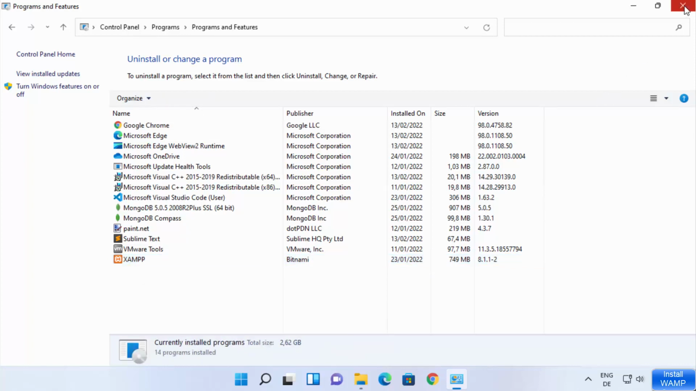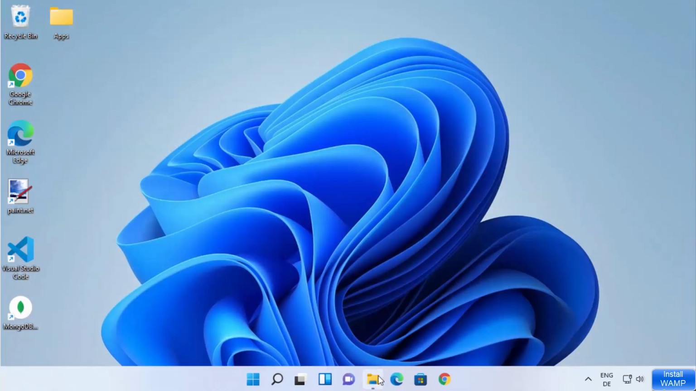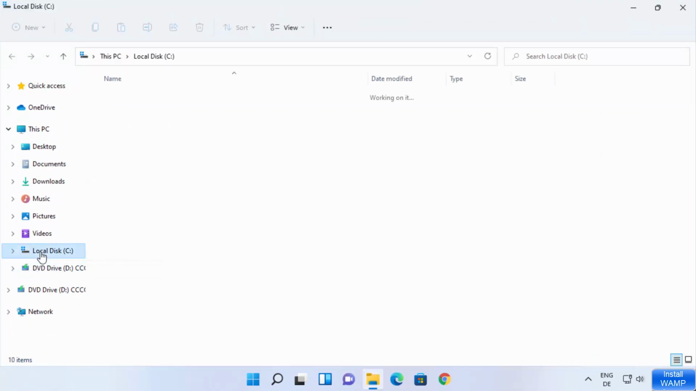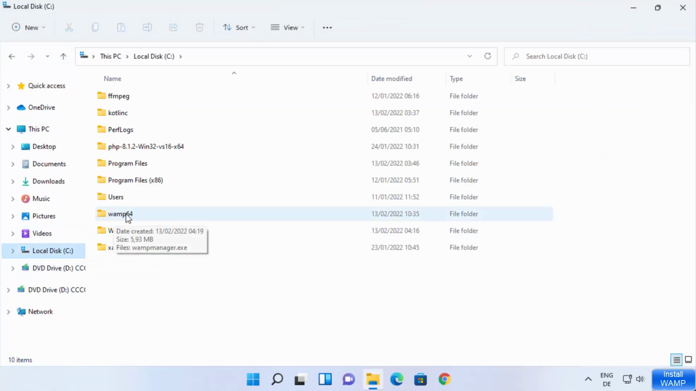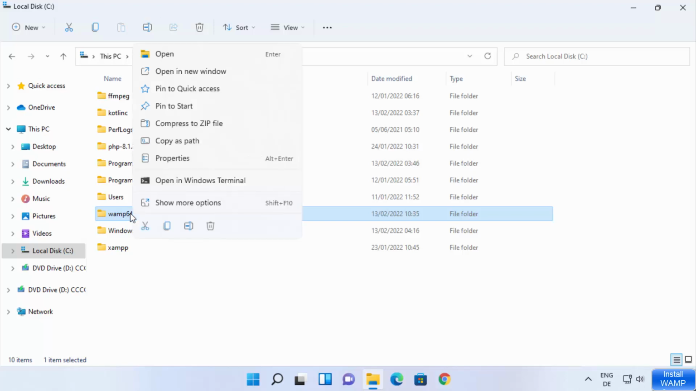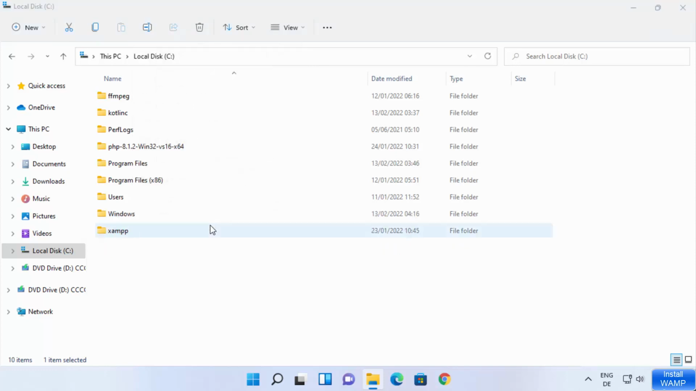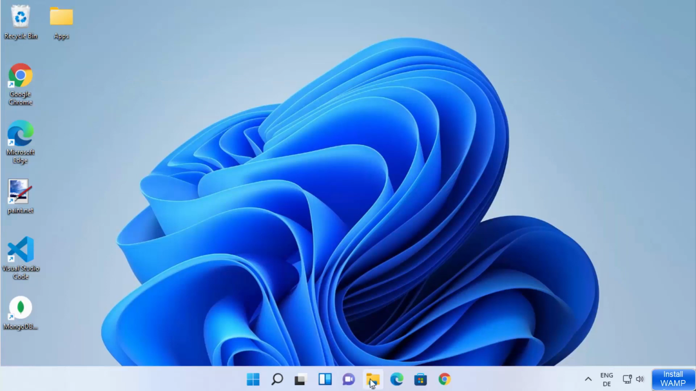So once you have uninstalled the WAMP server, go to your C drive, and here you will find this WAMP64 folder. You just need to delete this. So right click and then click on delete, which is going to delete that folder. Okay, so once you have uninstalled and deleted the WAMP server folder from your C directory, you need to once